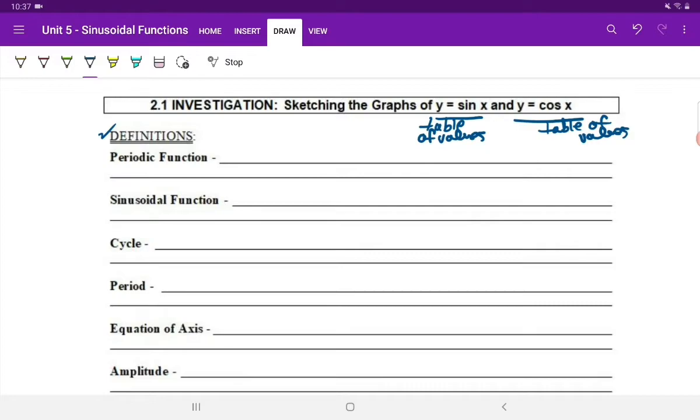I mean, we want to build towards getting to the applications of this, but we can't do that until we understand the ins and outs of the functions themselves. Okay, so let's begin with some definitions. So let's start with what's known as a periodic function. Okay, a periodic function is a relationship